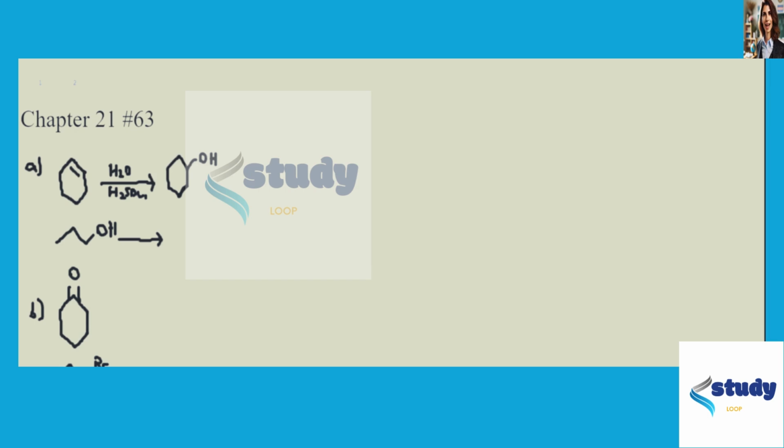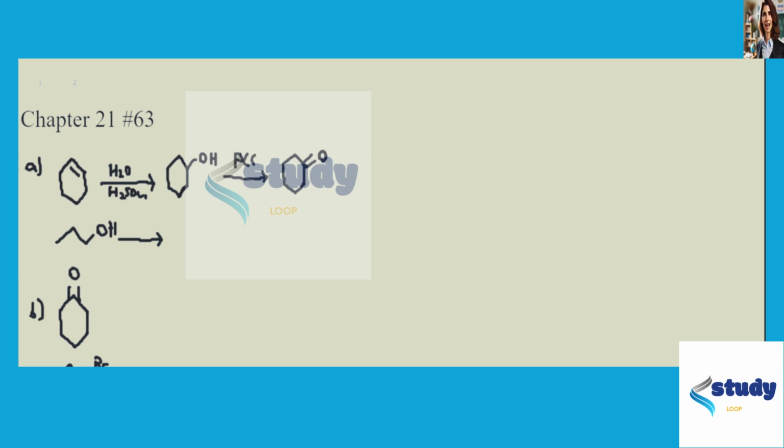We are going to oxidize that up to cyclohexanone. So we'll use PCC to do that. Okay, and I'm actually going to leave that there for a second and move down to the second line where